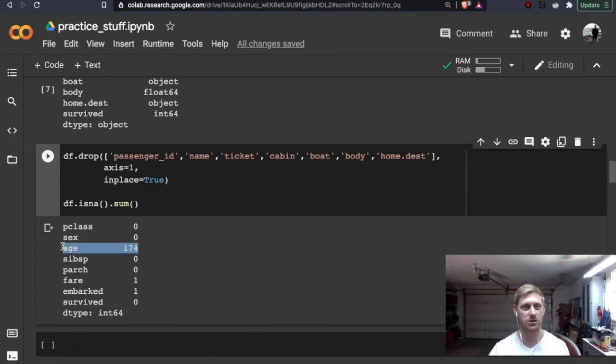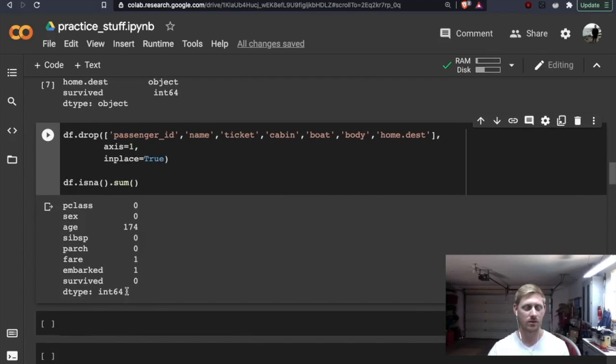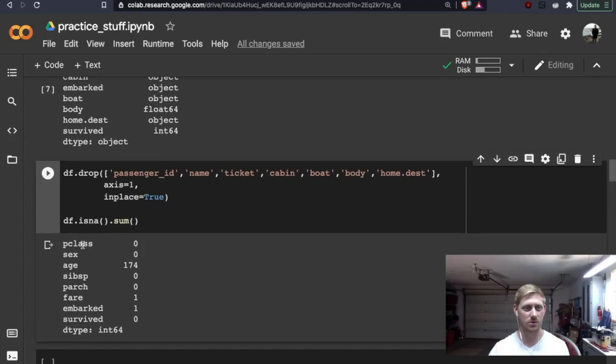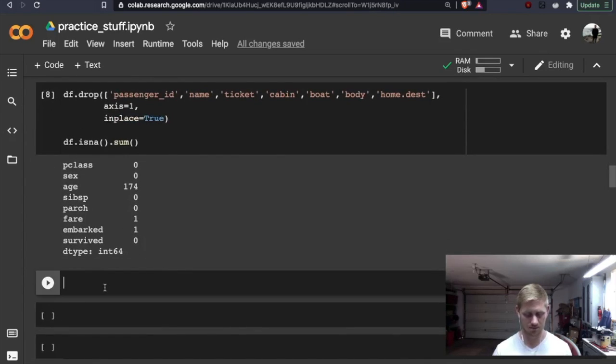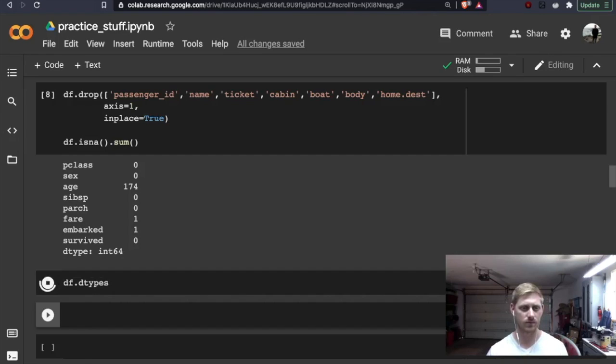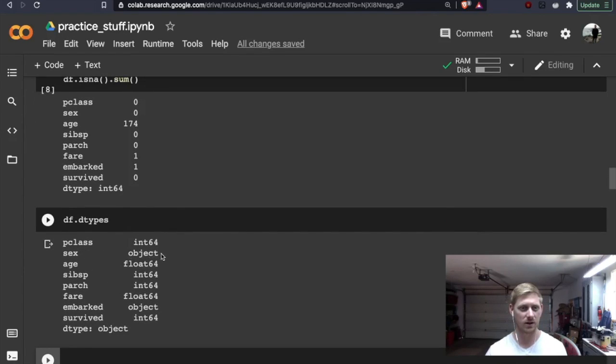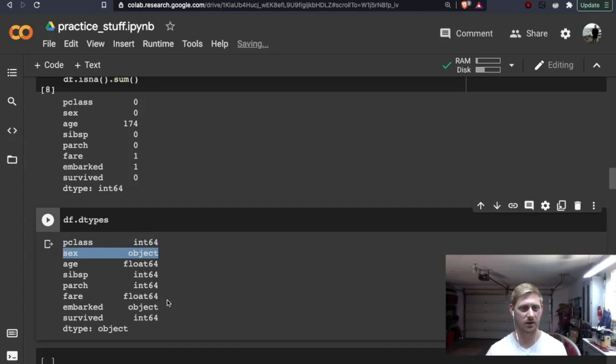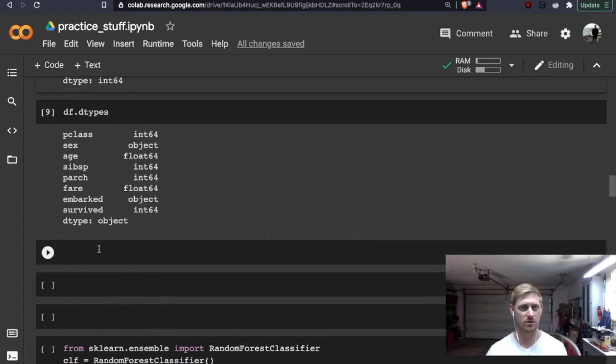So we only have our age column. And then we have fare, and then we have embarked as well. Let's go ahead then. So we have these, what would be the data type? From there, sex would be a string, embarked would also be a string, and then what else would be? So I guess just those two, but then we also still need to worry about our age.